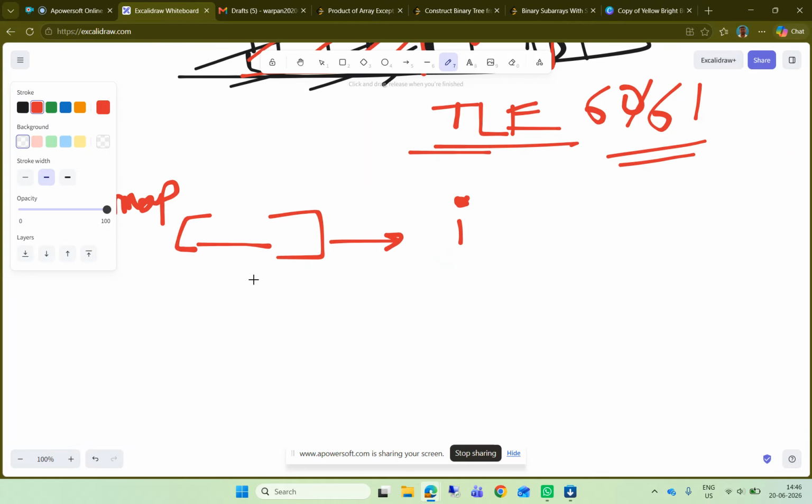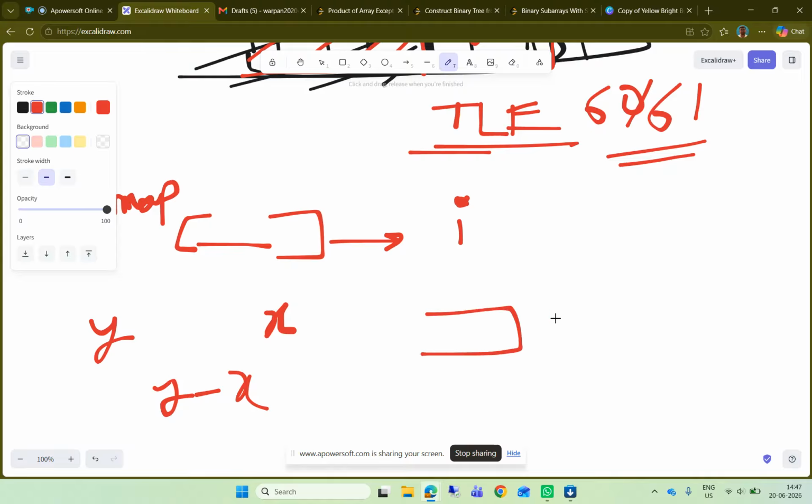How is it useful? Suppose we have a certain prefix sum y, and our goal is x. So if we find the y minus x prefix sum in this map,